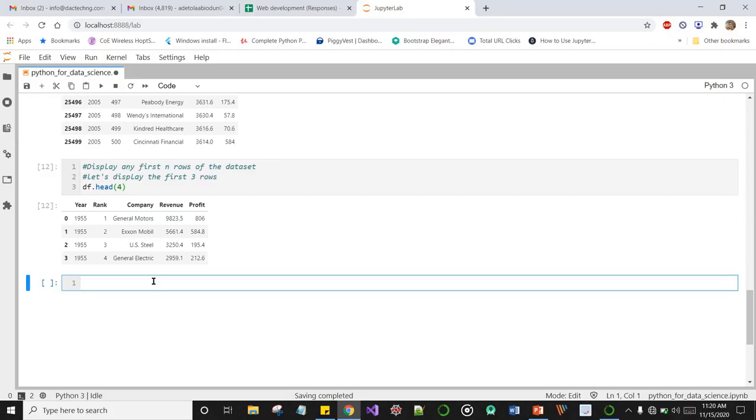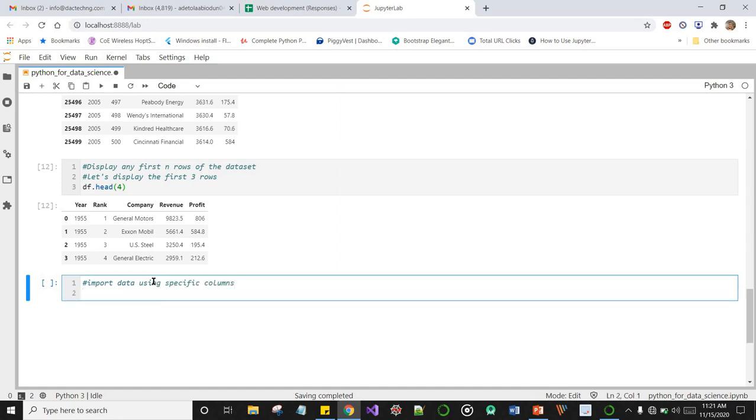Let's say we want to import data using specific columns. So let's create another variable called data frame.new, and say pandas, that is pd.read_csv, and it's still the same csv file. We want to bring in data slash Fortune 500.csv.